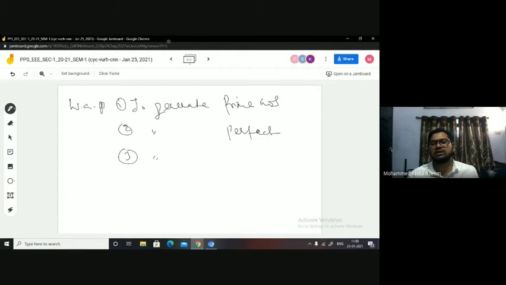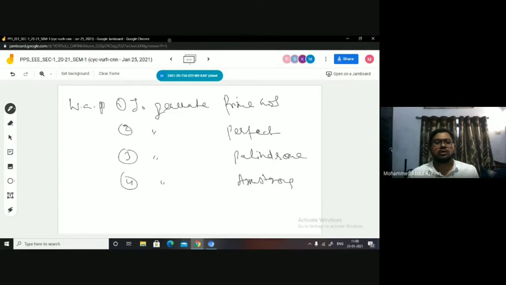To generate palindrome numbers. To generate Armstrong numbers. To generate strong numbers. Okay.